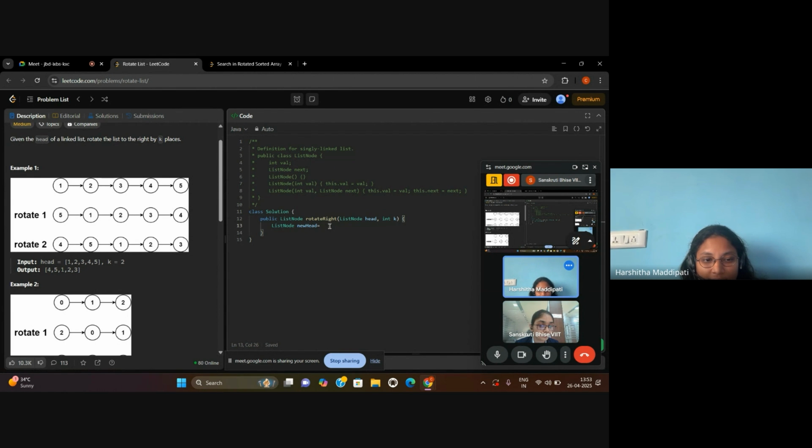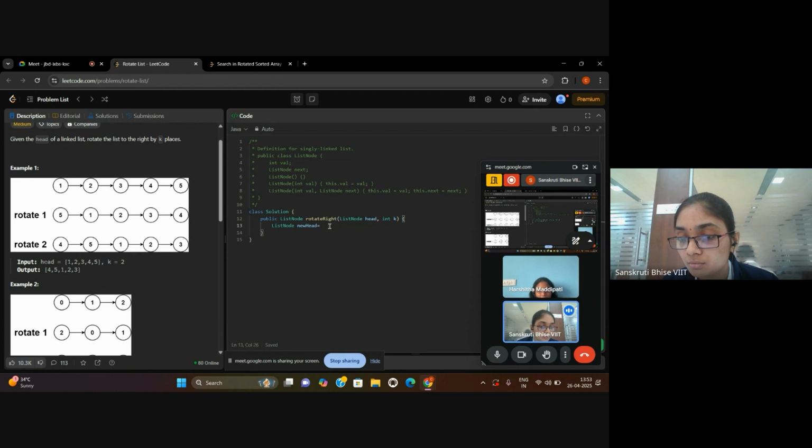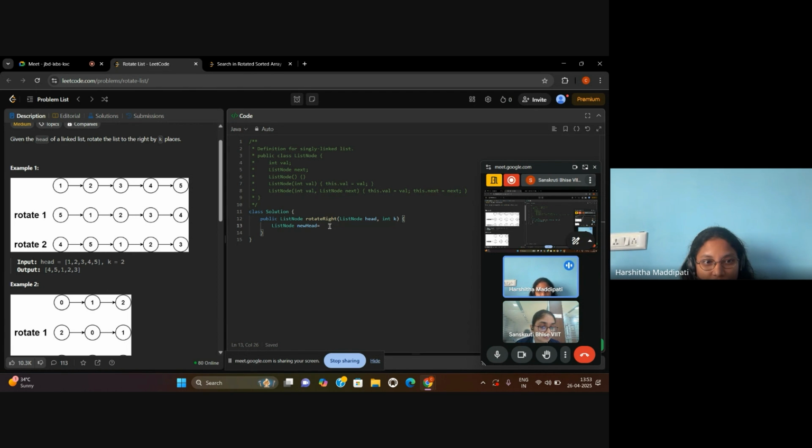How would you handle unused variables, like memory management? Variables will be assigned some memory, right?